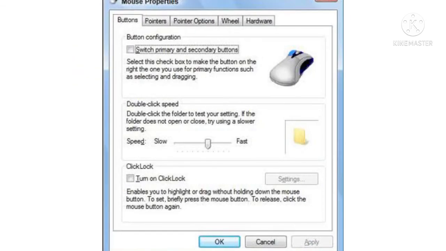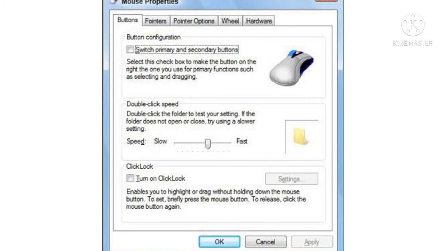Changing mouse settings. By default, the mouse pointer is shaped like an arrow. However, you can change the appearance of the mouse pointer. You can also change the settings of the mouse buttons, the movement speed of the pointer, double-click speed, etc. Number 1, click on Start button.